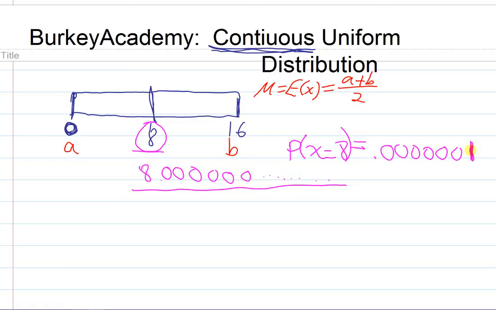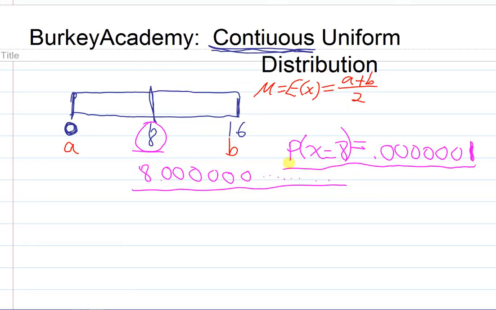Here's the problem with making that assumption. Because there are an uncountably infinite number of possibilities here of what the possible answer could be, if we're assuming that everything is equally likely and that everything has an equal probability of some number,